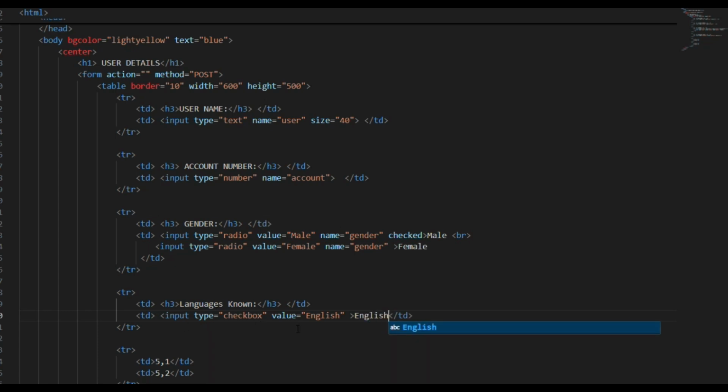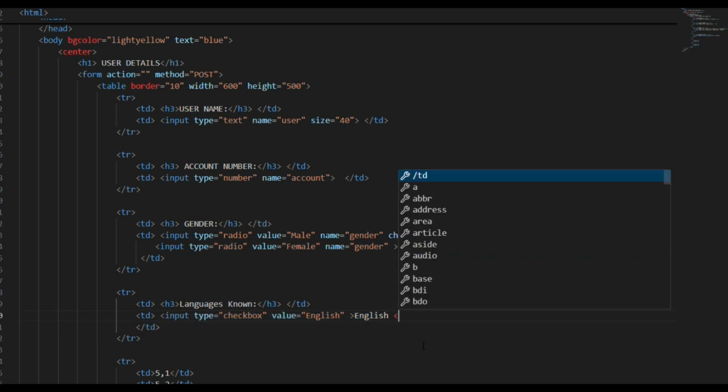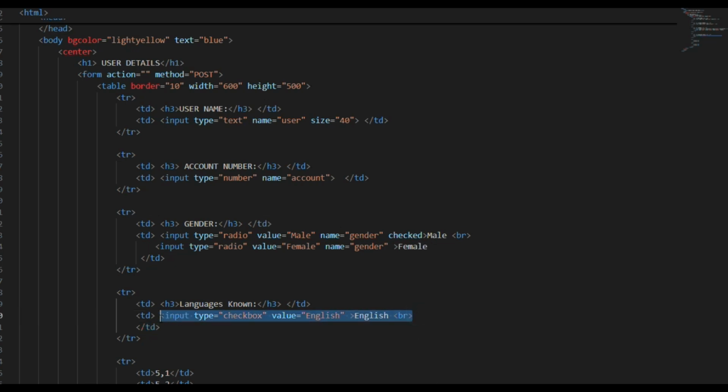And here enter, and we try to take this one like a br tag, copy paste, and